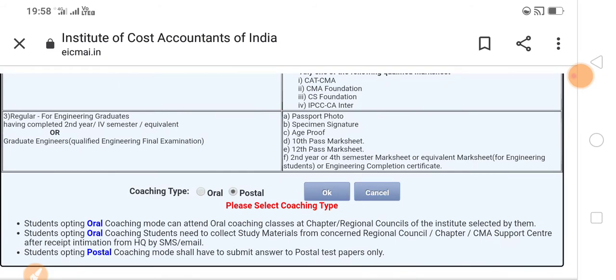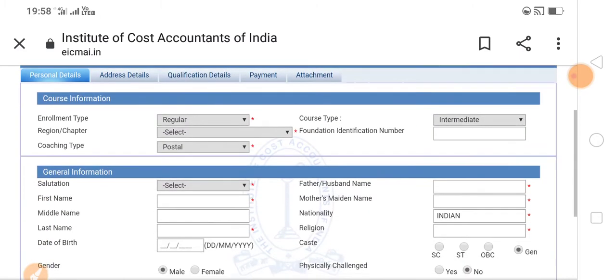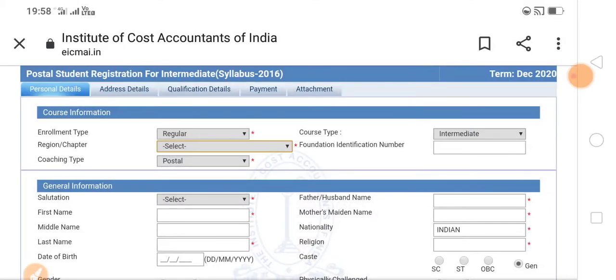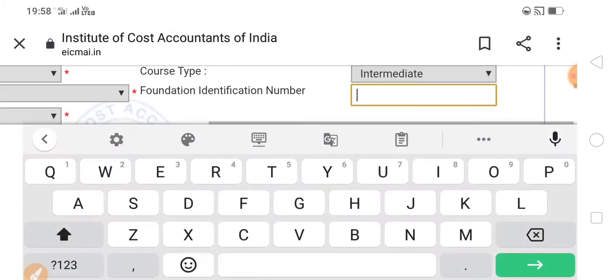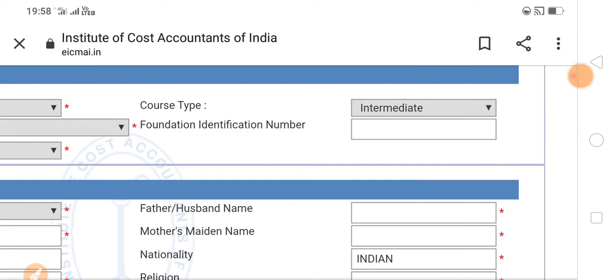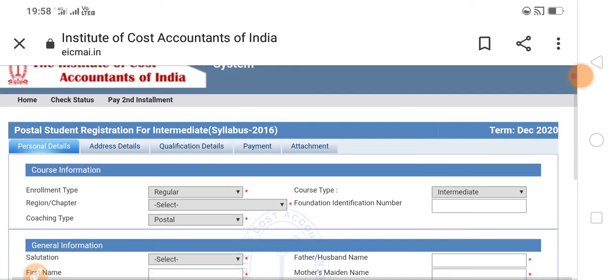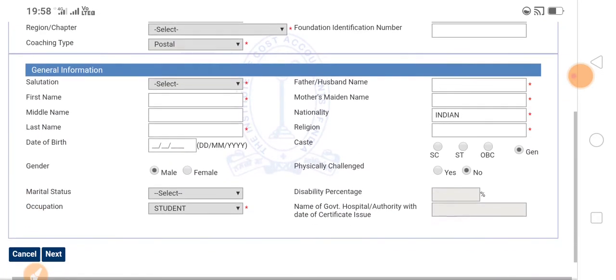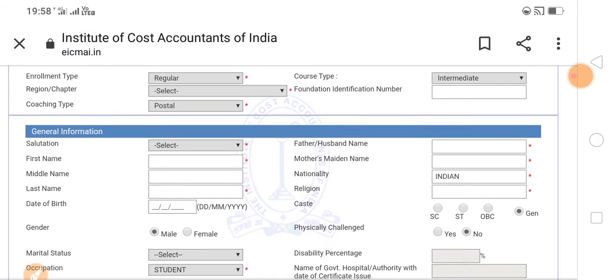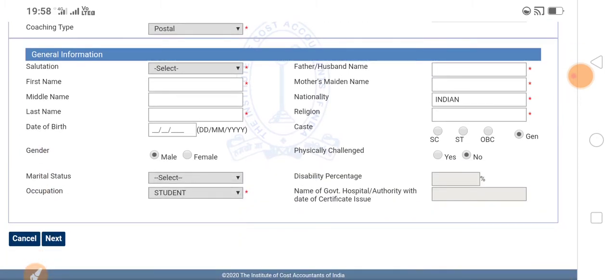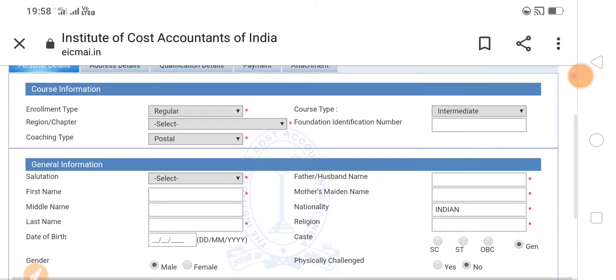Suppose you have selected postal, then select the regional council nearest to you. For intermediate, highlighted here, if you have already qualified in foundation, enter your identification number, which is already given by the institute. If you do not have it, apply offline.